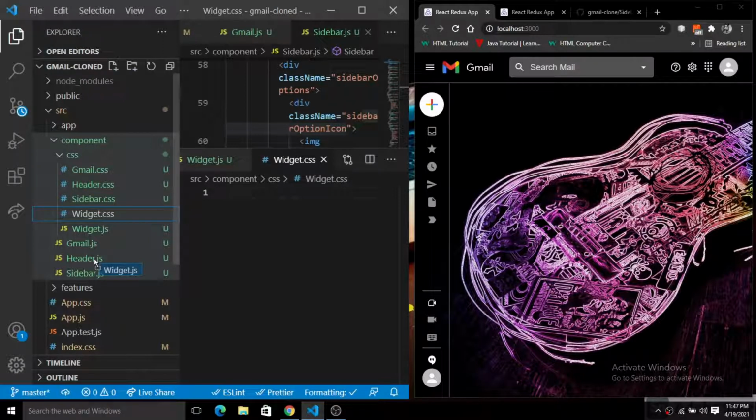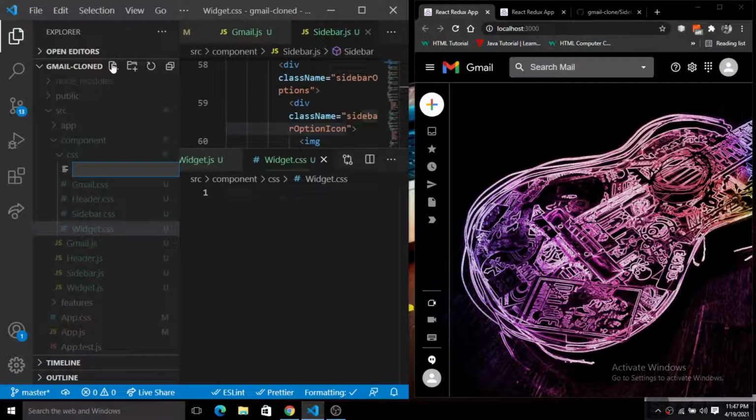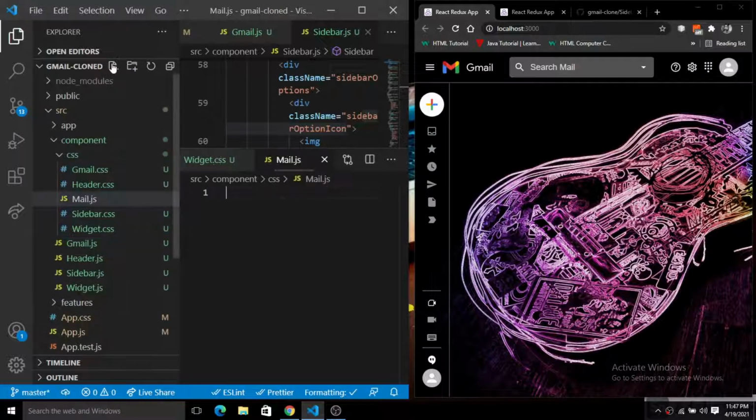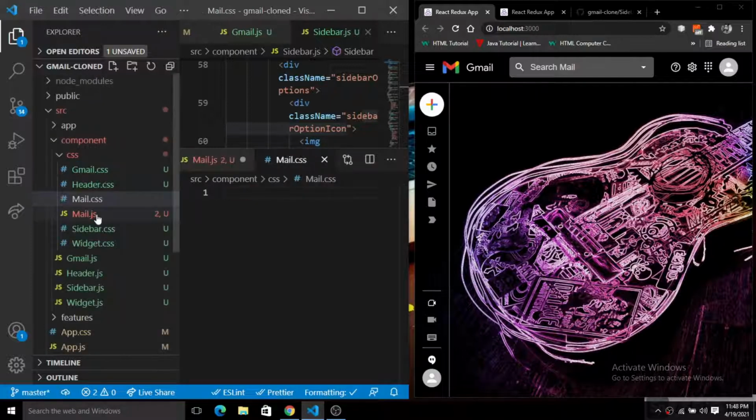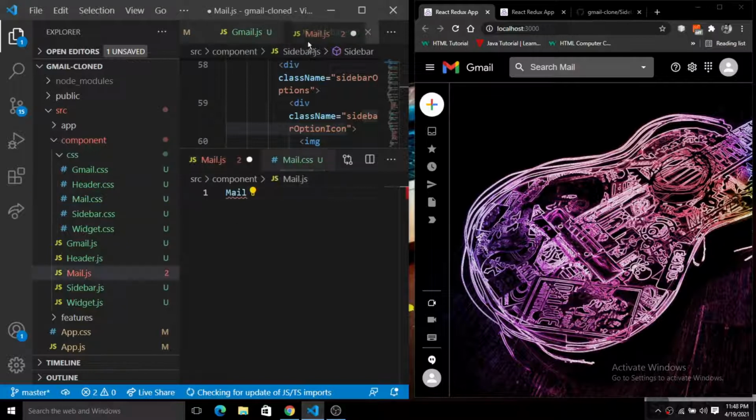And one more component that we want to create is the middle component, that is the body component. So we have a mail.js and mail.css. Okay, mail.js and mail.css. Fine. So let's grab this mail.js and put it at the top.